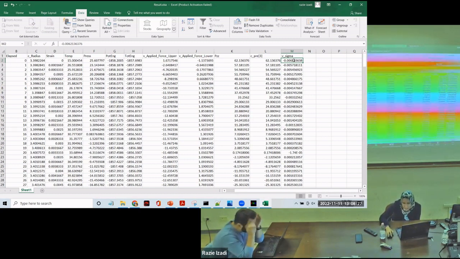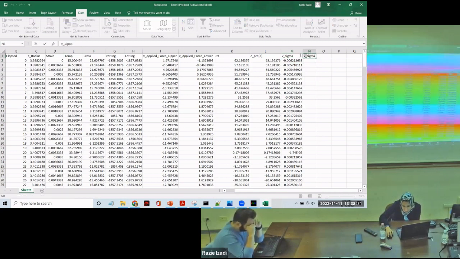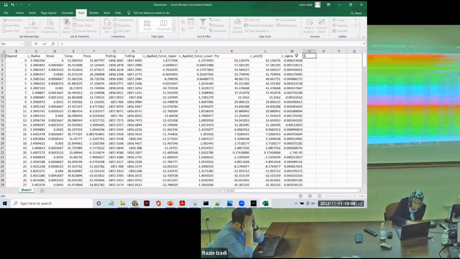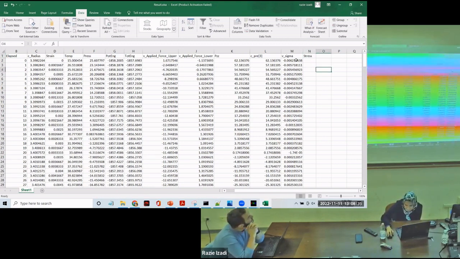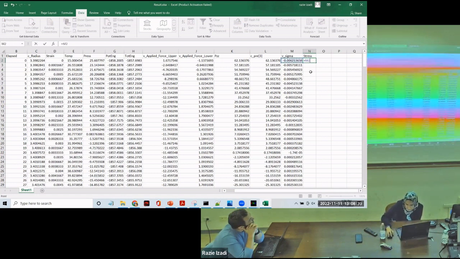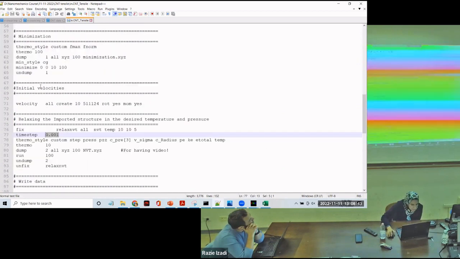So it is actually divided by the area of the simulation box, but I do a trick here and say, okay, this is the volume of the simulation box, but